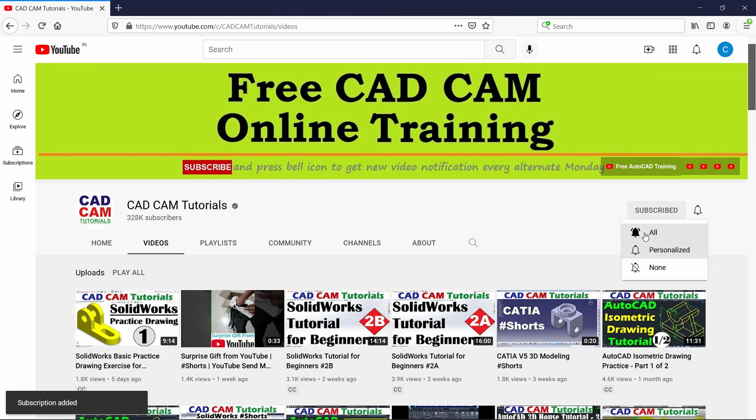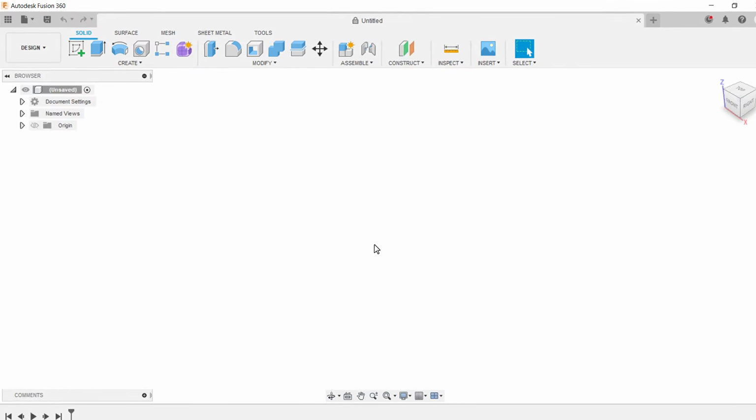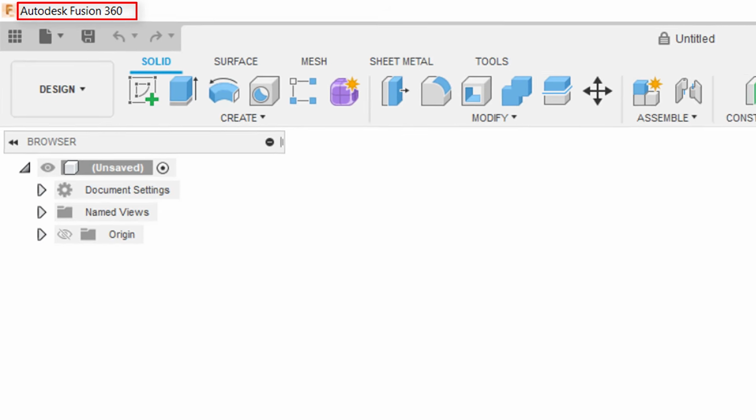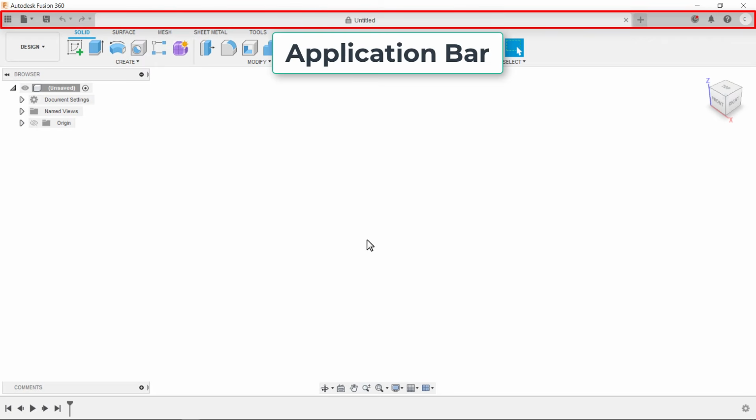Let's start with this tutorial. When you start Fusion 360, it will show this user interface, wherein on the upper left corner there is the logo of Fusion 360. Then there is the name of the software, Autodesk Fusion 360. Then the portion below it is called the application bar,